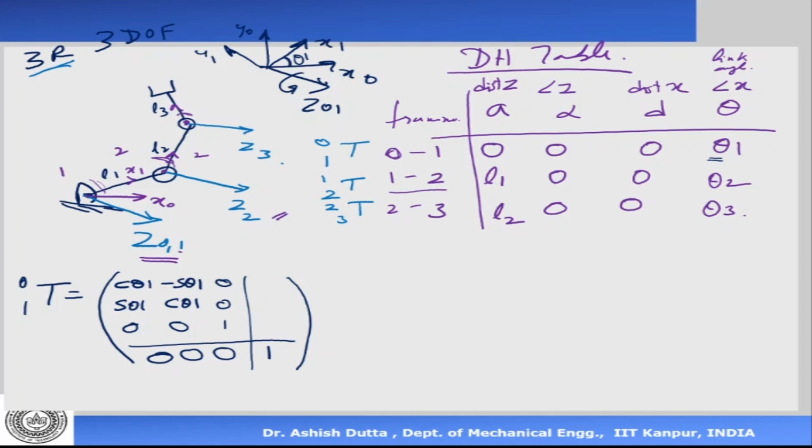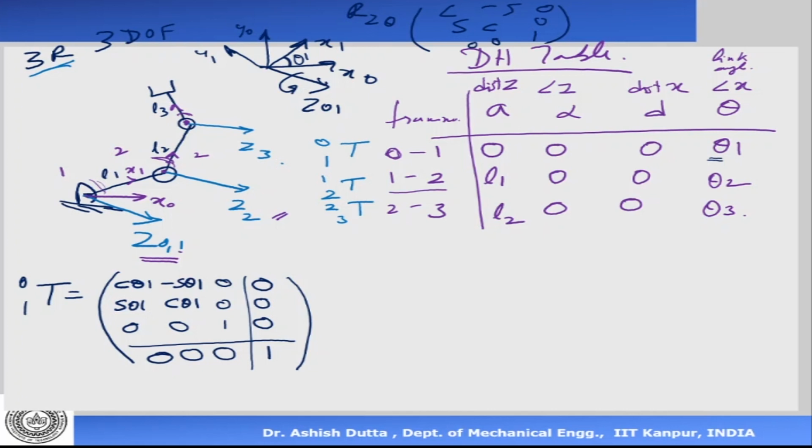And what is the transformation matrix? Rotation about z, if you remember, Rz theta is equal to cos, minus sin, cos, 0, 0, 1, 0, 0. That is how I get this. What is the del x, del y, del z here? That is the distance between the origins. Now the origin of frame 0 and that of frame 1 is the same, so there is no distance between them, and hence it is 0, 0, 0.